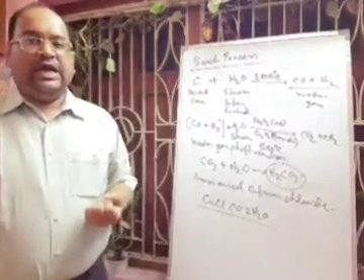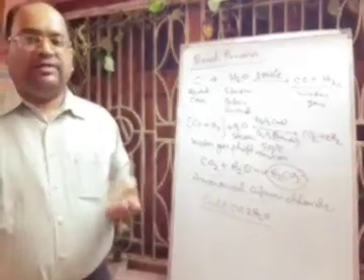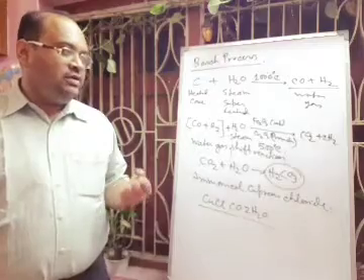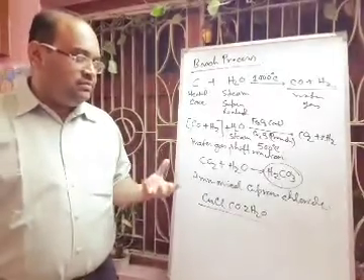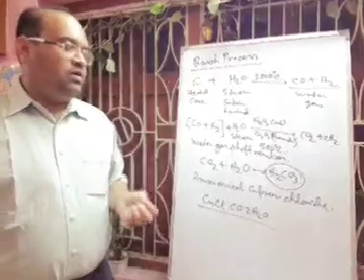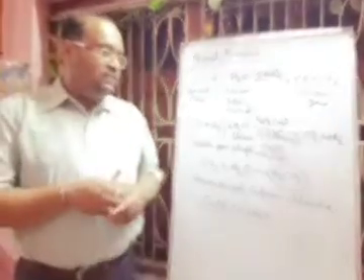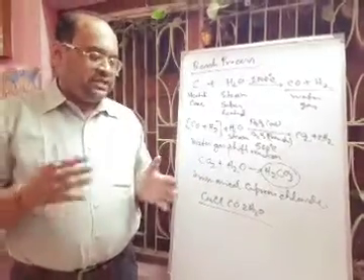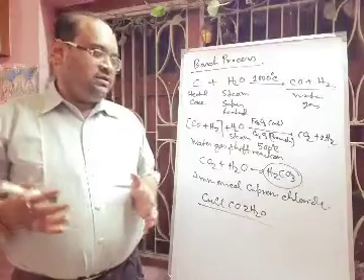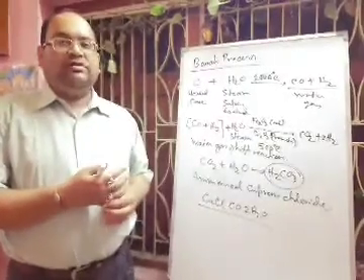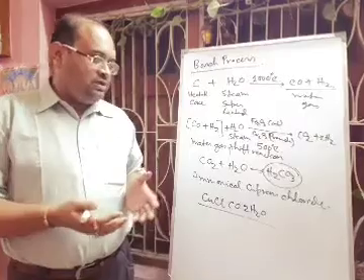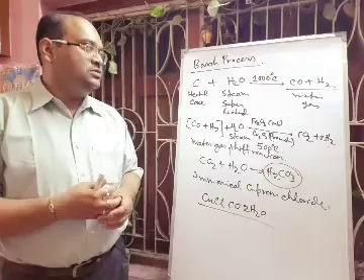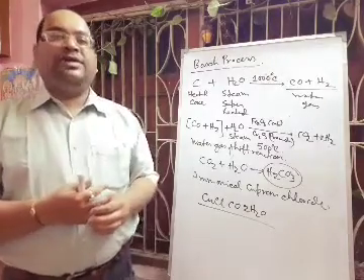Hope you can understand. This dry and pure hydrogen gas you have to fill in a cylinder according to the pressure. If we fill the hydrogen gas at a very high pressure which the cylinder cannot bear, then it will burst, and there may be a chance of accident. So you have to fill according to the pressure that the cylinder can take. Understand? So in this way, by the Bosch process, you can prepare hydrogen gas.